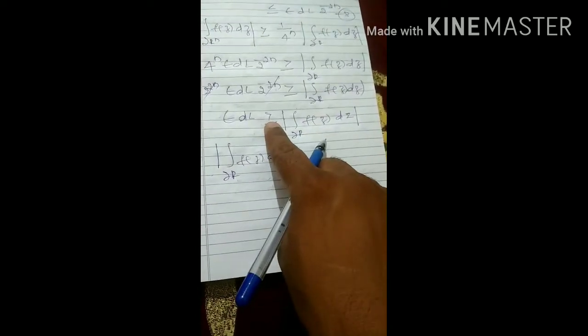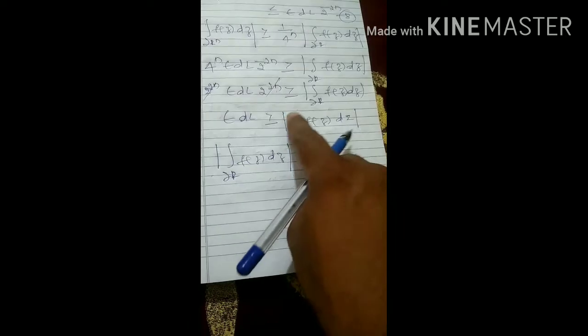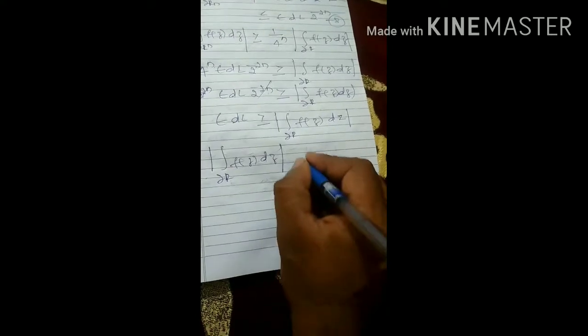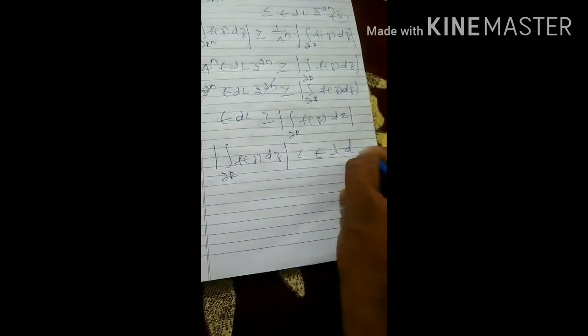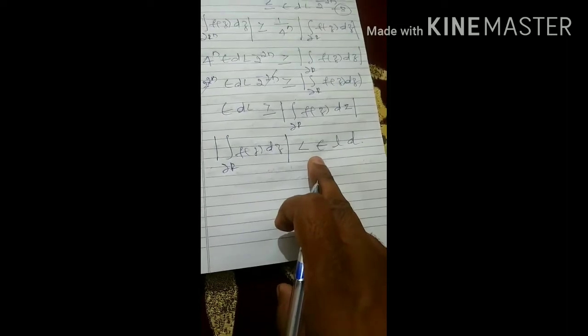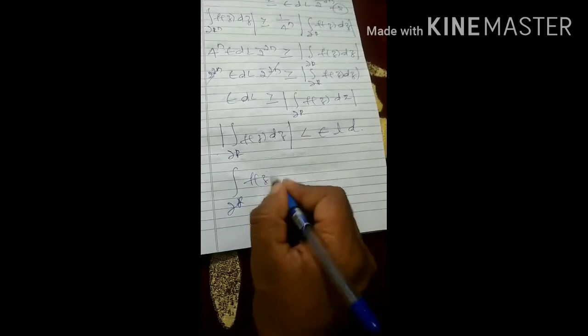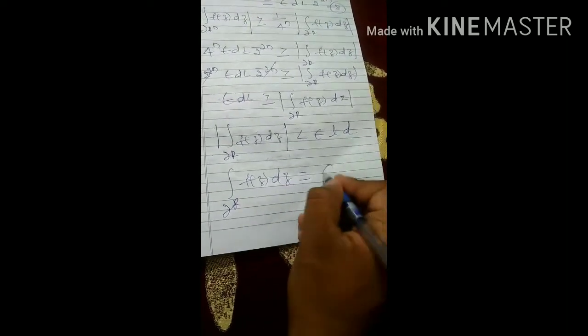So this is the inequality: the modulus of the integral is less than epsilon L d. Epsilon is very small and arbitrary, so the integral over del R of f of z dz is equal to 0. Hence the theorem. So this is Cauchy's theorem for a rectangle. We have Cauchy's theorem for a triangle, a rectangle and a circular disc. Of these three theorems, one theorem is definite for the exam.